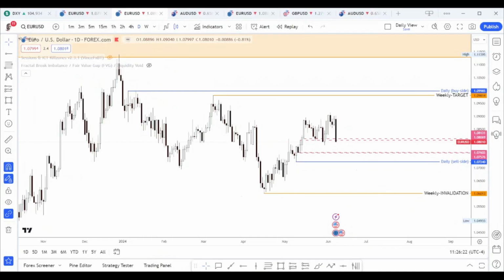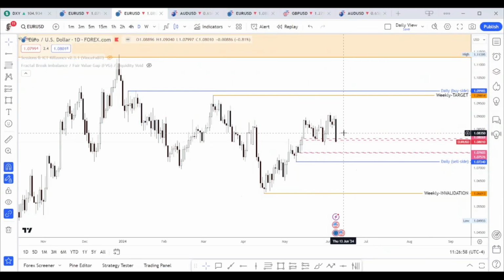Okay, so moving into the daily chart, I have my daily levels in conjunction with my weekly ones. As you can see, the weekly invalidation and target are in orange solid lines, which are just a carryover from the last chart. And for my daily time frame, I have the buy side right here, along with the weekly target, which adds some confidence or confluence to my analysis. But I'll feel more confident about it when the price on a daily basis starts moving towards these levels with some displacement.